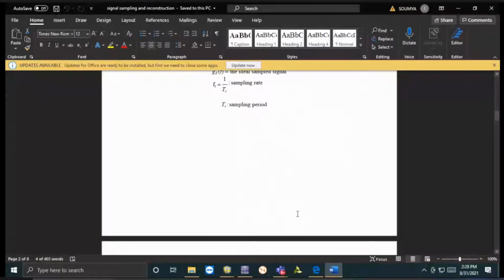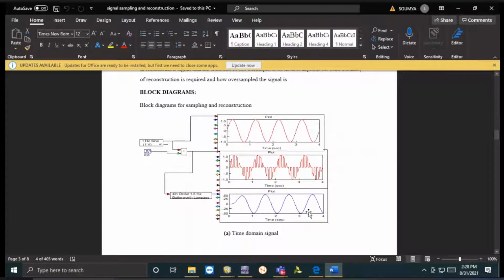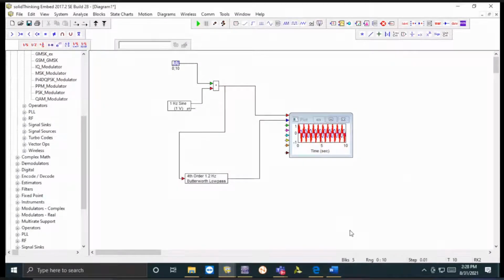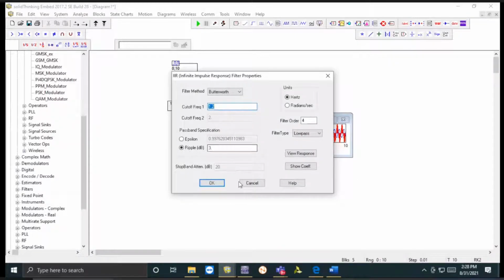Now what we have to do, the objective is to extract the exact signal and to check whether it is appearing as an envelope or not, right? So here, first of all, what we can do,